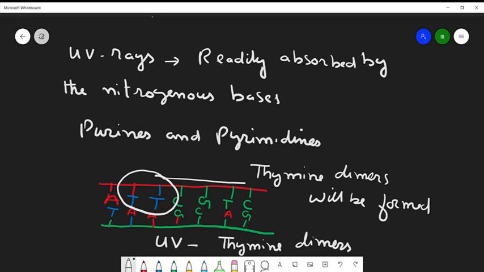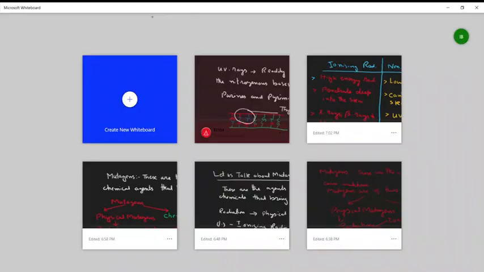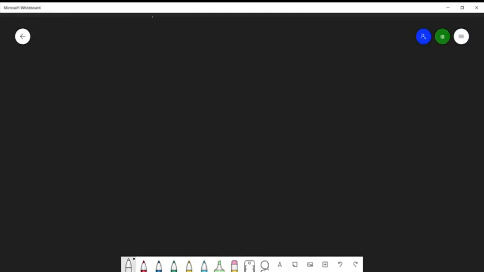So this was about the radiation's physical mutagens. Now let us talk about the chemical mutagens. Now the chemical mutagens are of several types. We will again tabulate them in a table form, so that we are able to study them properly. So among chemical mutagens, we will first talk about